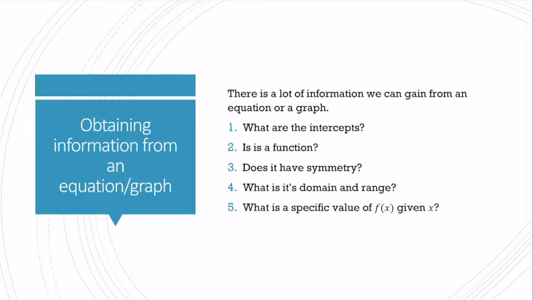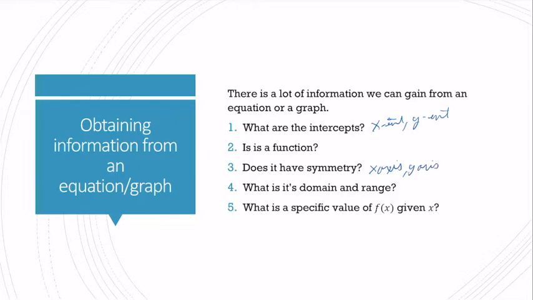So what's some information that we can obtain from an equation or a graph? There's a lot of different information we can obtain. First off, we can tell if it's a function, right? If it passes the vertical line test. We can find our intercepts, not just our x-intercepts, but also our y-intercepts. We can determine if it has symmetry. Remember, there are 3 different types of symmetry. There's symmetry around the x-axis,